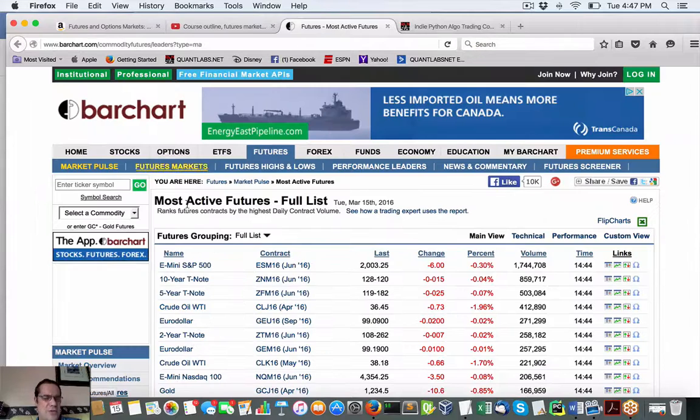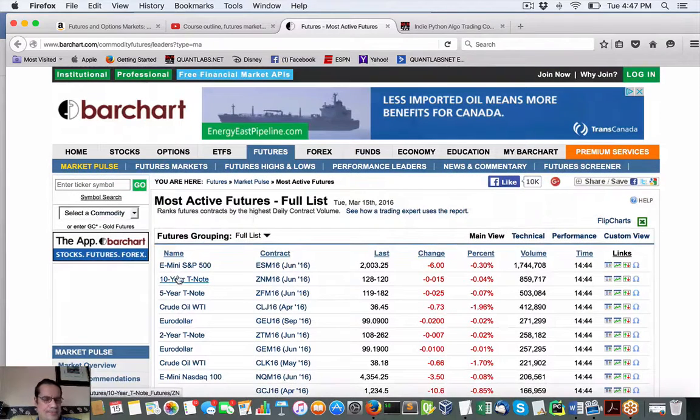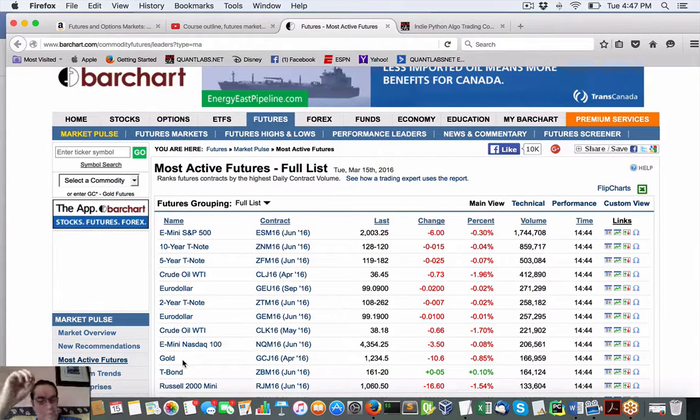Now, let's talk about the futures market and the size of the volumes in terms of futures. Obviously, number one will be the E-mini on the S&P 500. That is the standard benchmark globally for how stock market indexes do. As you move down this list, depending upon